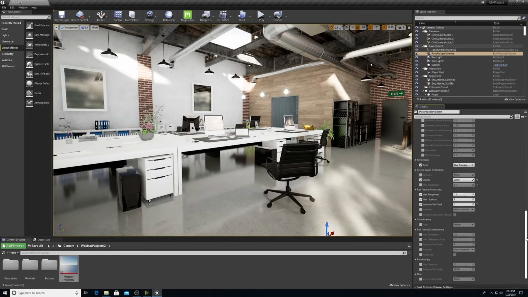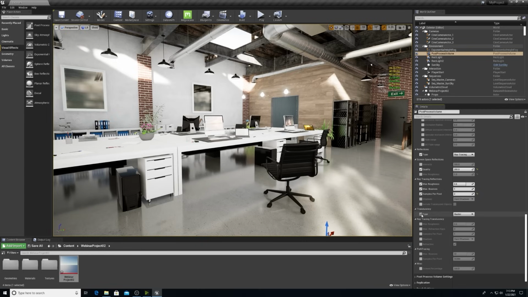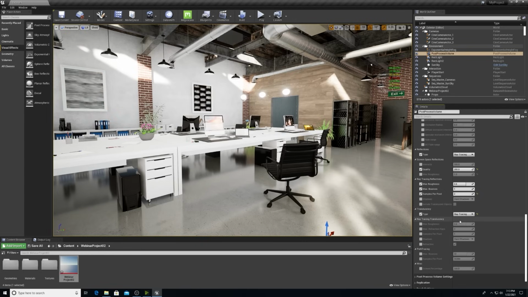So let me scroll down. Under type, I'm going to change this to ray tracing, which the back images look great, but the top skylights look like they turned black. So I'm going to bump up the max refraction rays here to try to get more rays to go through the glass. So this is something that you may want to keep in mind while you are building your models, that you're going to want that glass to be a simple plane. I know in some cases it might come in as double geometry, and we'll go over that in a moment.